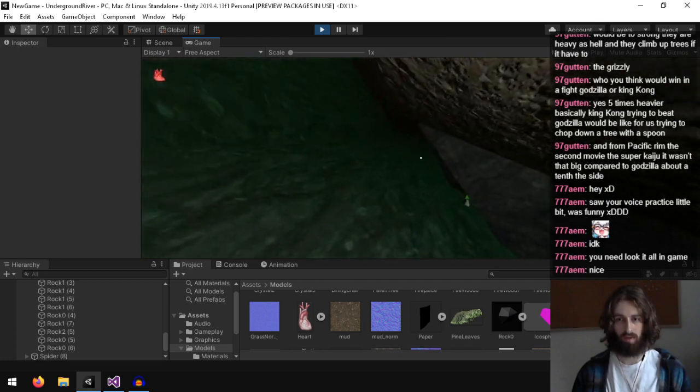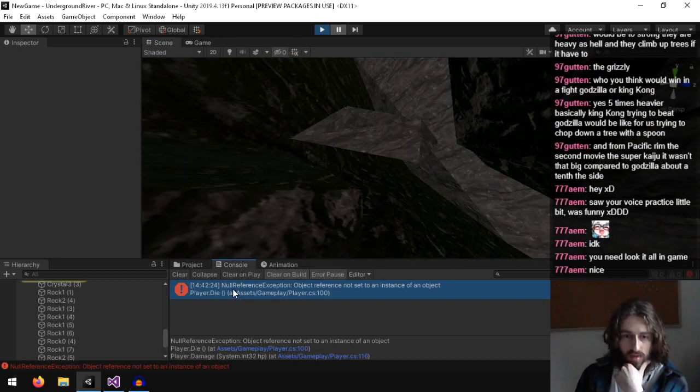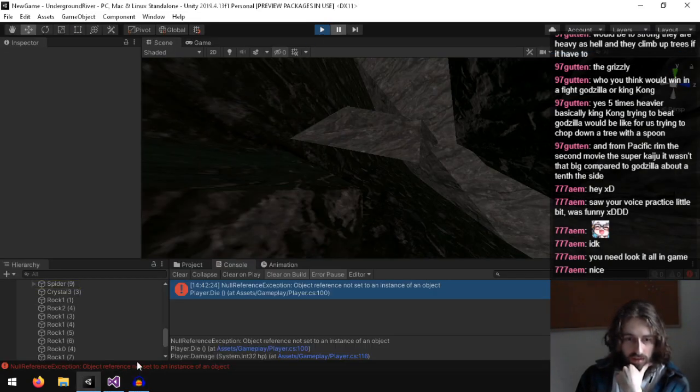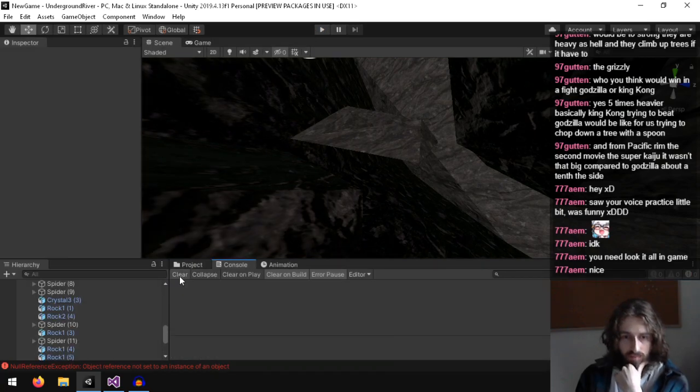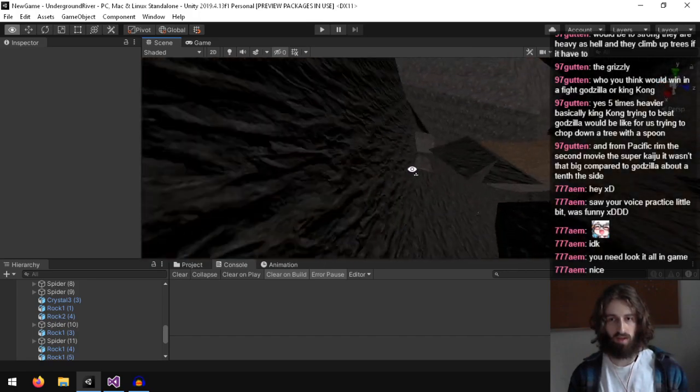See what happens when I get 0 HP here. I should get... Yeah, object reference not set to instance of object. Okay. So I need to set a checkpoint now that you can die.